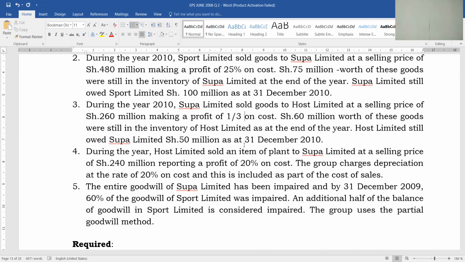So the profit of one entity, here the profit of Host, is overstated. And remember, they are group members. So to avoid profit overstatement, you need to determine and realize the profit on fixed assets, which Super never realized. Then you adjust your PPE account by crediting. Then again, you adjust your retained earnings account by debiting.